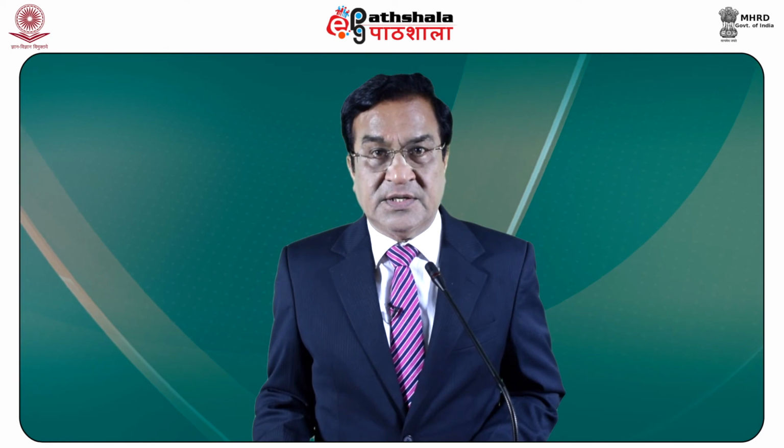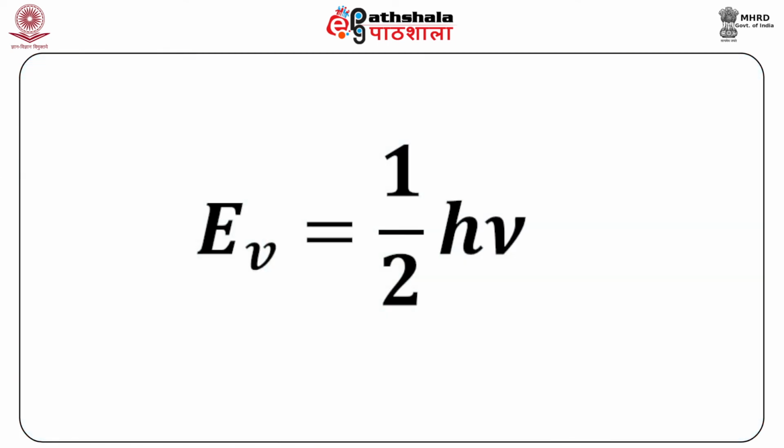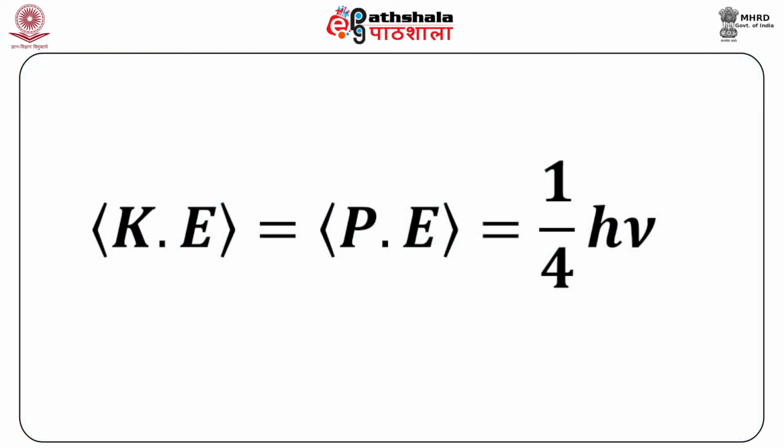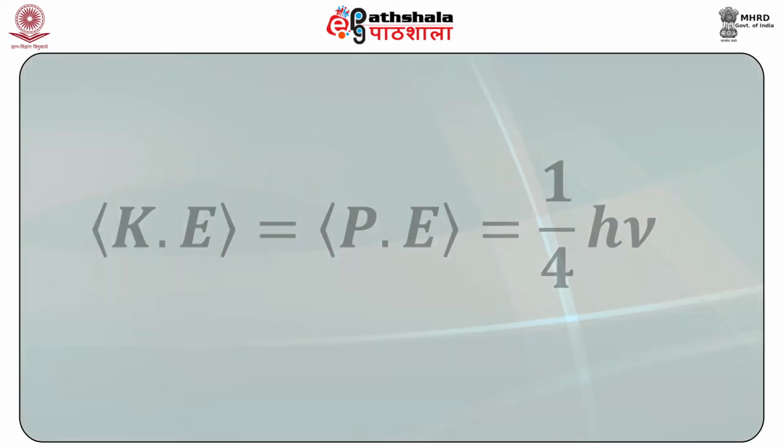This you can verify yourself using all that we have discussed and find out whether this virial theorem applies for the linear harmonic oscillator or not. For example, you can apply it to the ground state. You know that for the ground state, total energy is half h nu, that means zero point energy. Therefore, if the virial theorem is to be true, then kinetic energy should be equal to potential energy, each equal to 1 by 4 h nu.